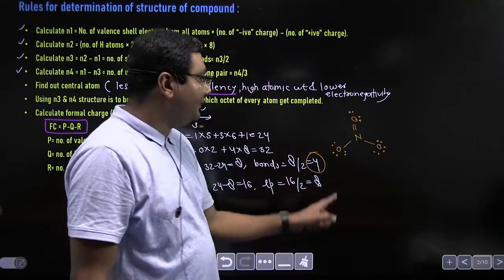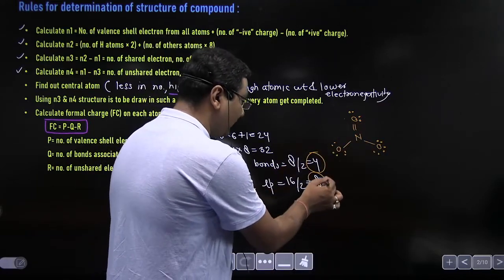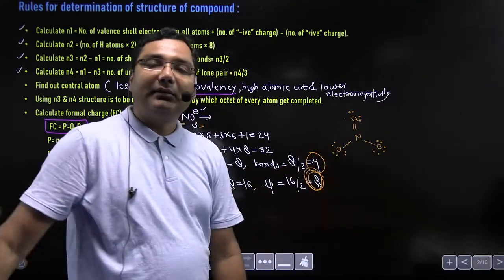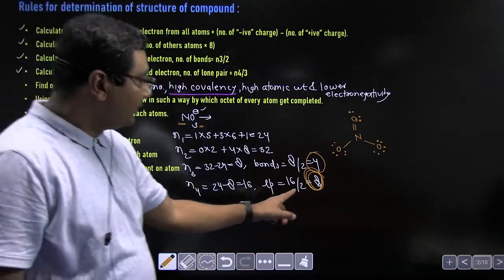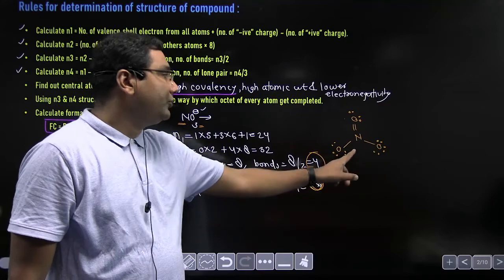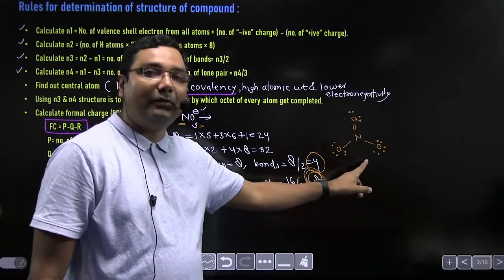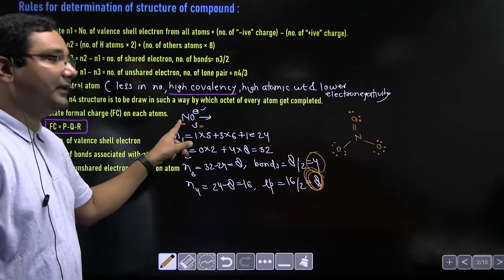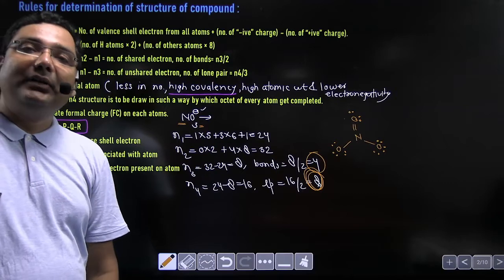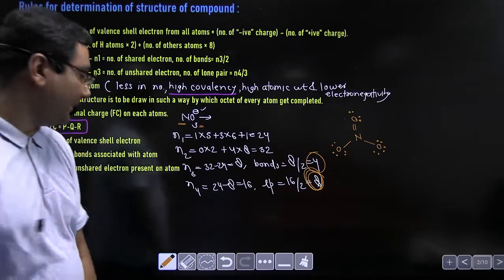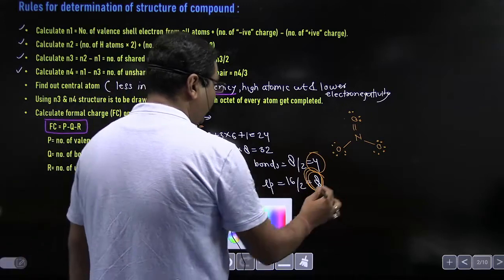You can see we have used a total of 3, 3, 6 and 2, 8 lone pairs, and the compound contains a total of 8 lone pairs. So those lone pairs will be used to complete the octet of every atom in the molecule. But this is the structure of NO3, and we have to find the structure of NO3 minus. So now we have to calculate the formal charge on each atom. So, formal charge on nitrogen.